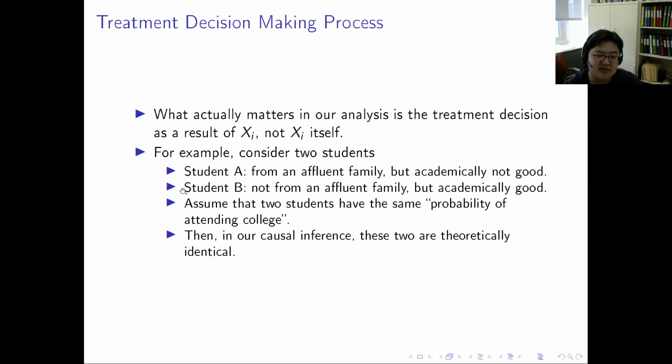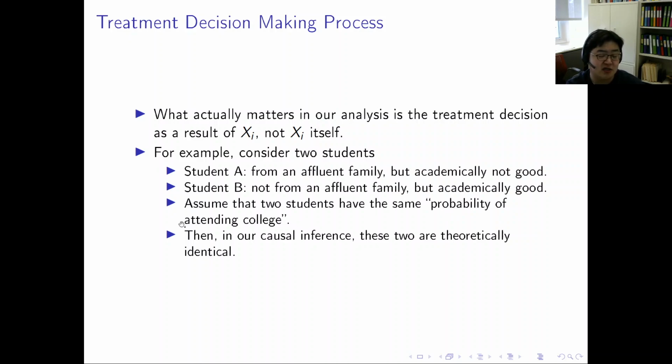But there is another student, say B. Student B is not from an affluent family, but this student is academically better. So the student A has good and bad, Student B has bad and good in terms of attending college, and assume that these two students have the same